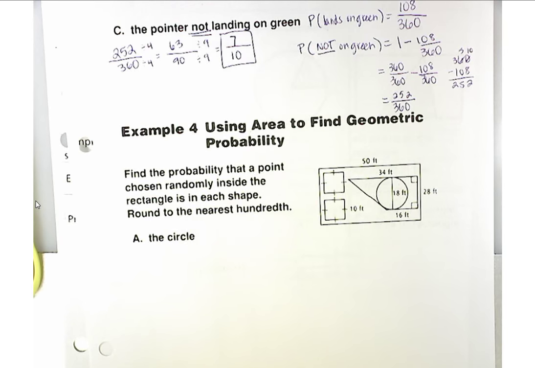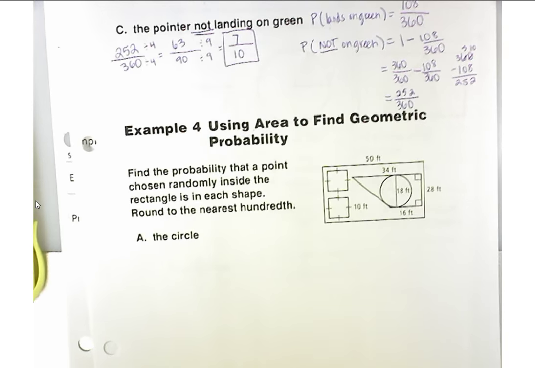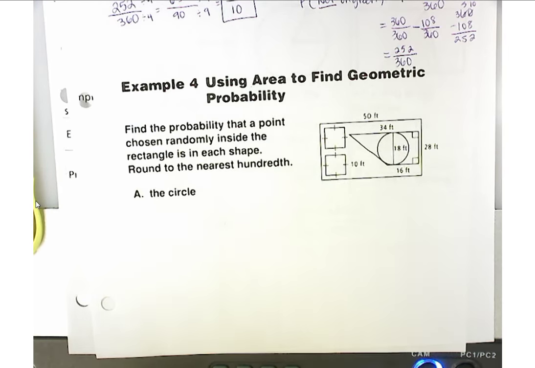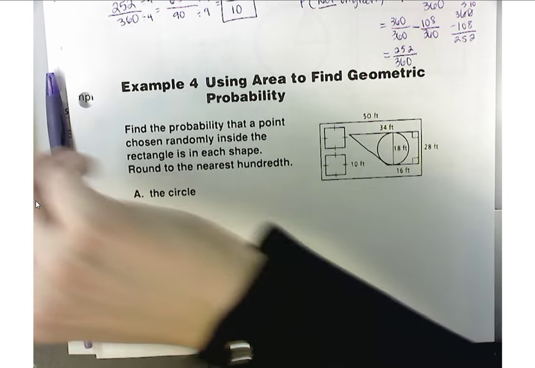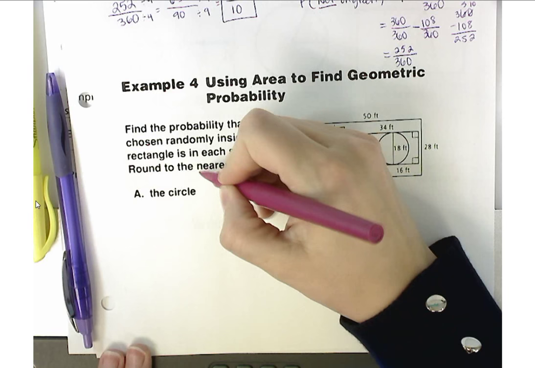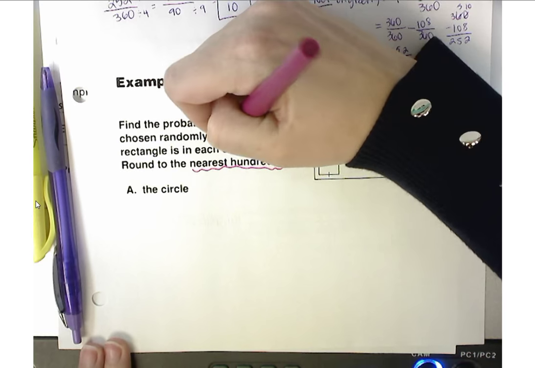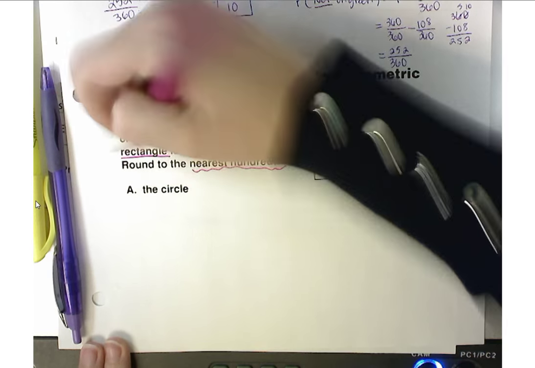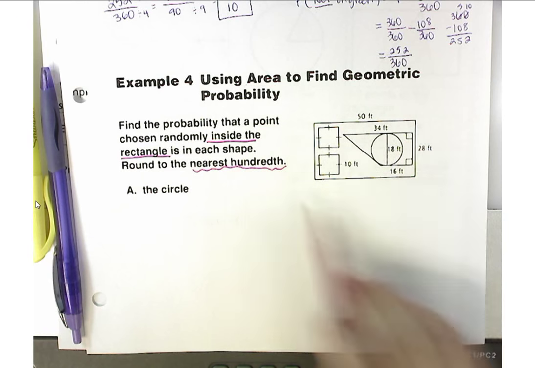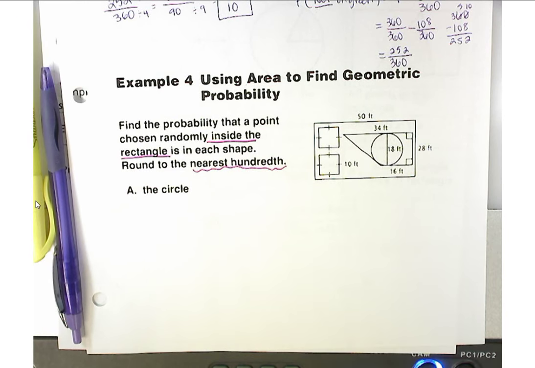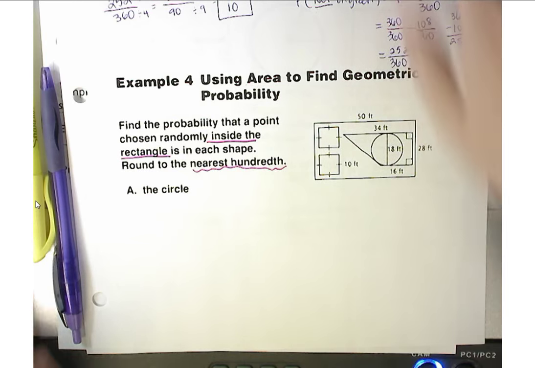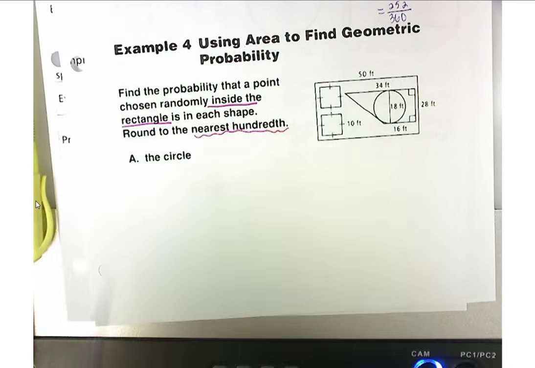Okay, so now what we're going to do is use the area to find geometric probability. So we're going to find the probability that a point chosen randomly inside the rectangle is in each shape. And then we're going to round it to the nearest hundredth. Notice that it says a point is chosen randomly inside the rectangle. So the entire shape, every single point, is inside that rectangle. So what we're going to set up for the probability